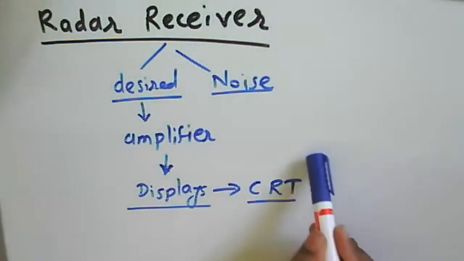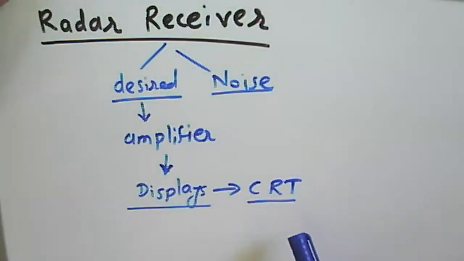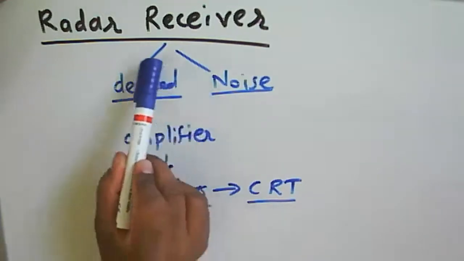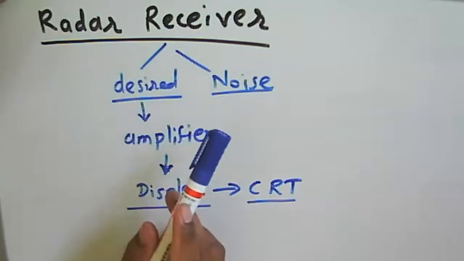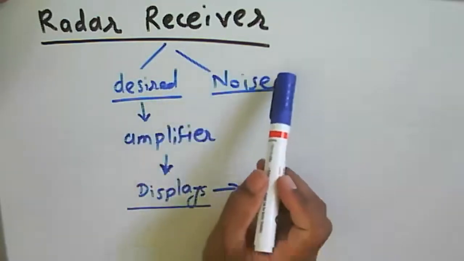Displays also differ based on the type of tube we are using, whether it is color or black and white only. So we have the cathode ray tube, and nowadays a lot of other displays are used for displaying. Whichever signal is received will be a desired signal, and the unwanted signal is to be separated out